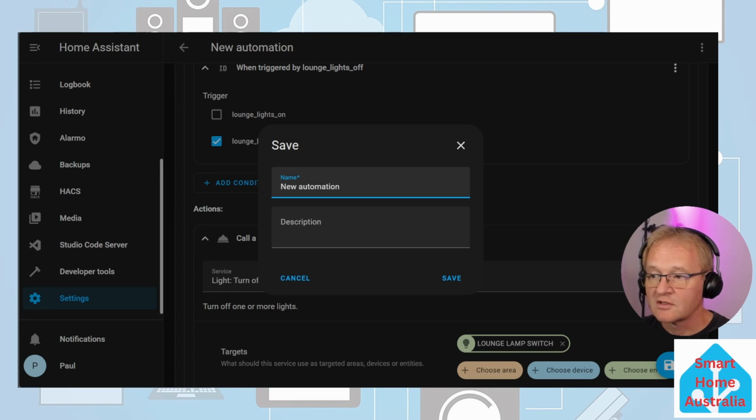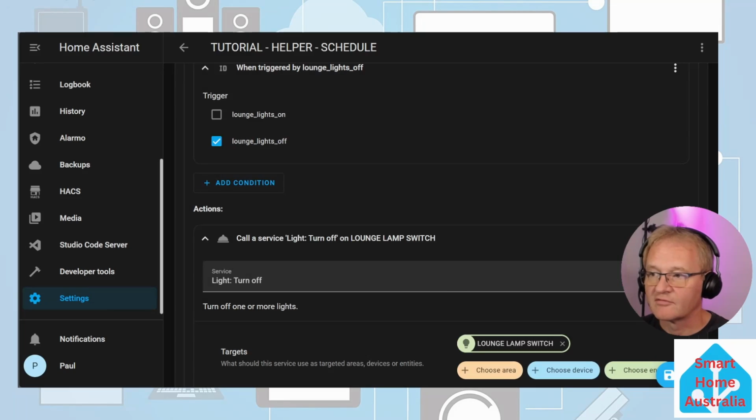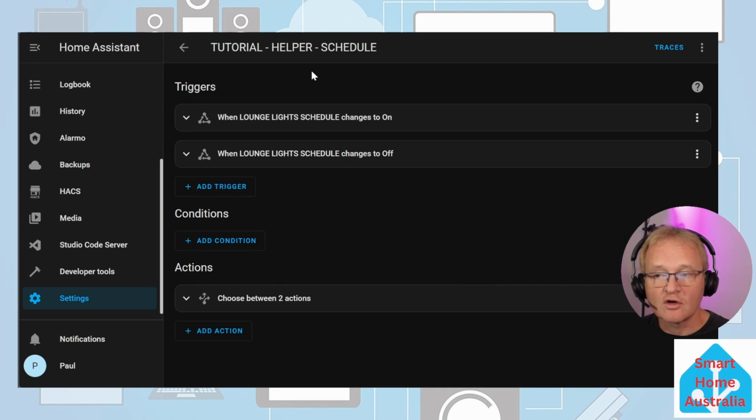Save your automation and give it a name, and press Save. This automation will turn on the lounge lamp at 6:30 every night and will turn off the lounge lamp at 10:30 every night. We can adjust the schedule accordingly, and this will apply to this automation. As this helper is set up within the Home Assistant Helpers section, there is nothing to display on the actual